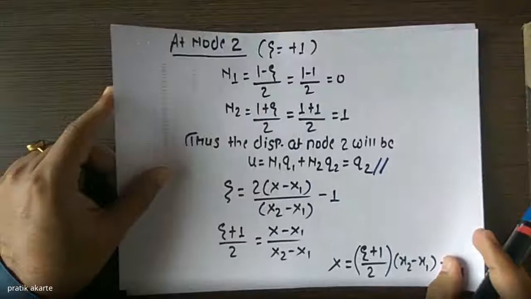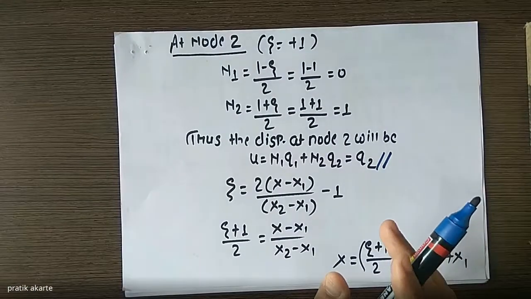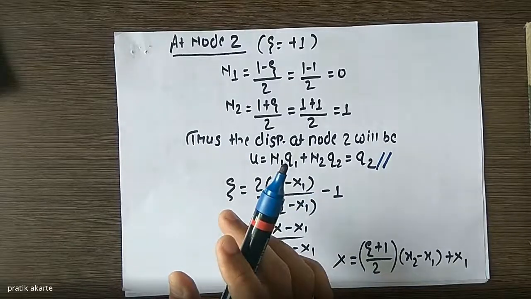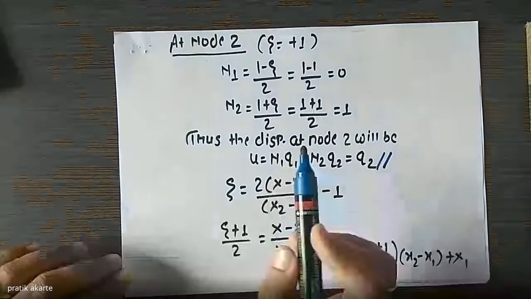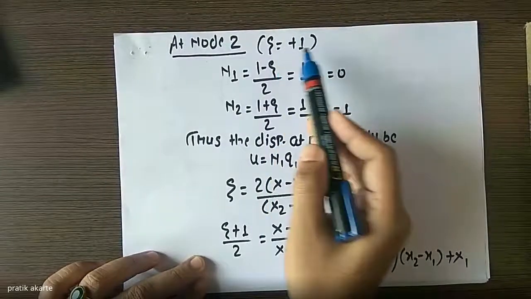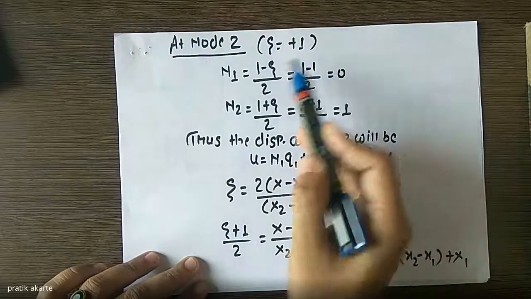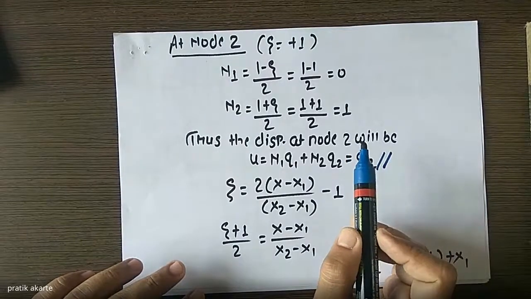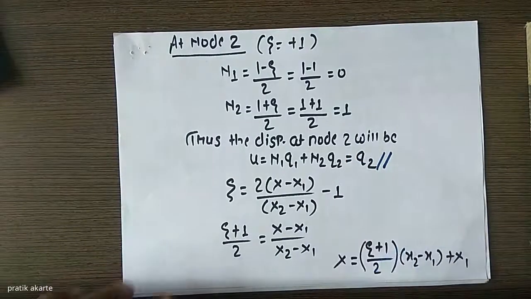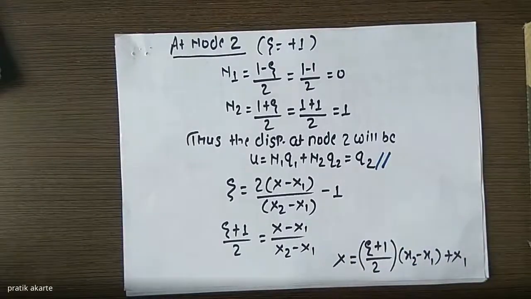So this is again validated. Now this is how we can find out the displacement at node 1 and node 2, and also with respect to the zeta value as we go on changing, we can find out the values of field variables at various points. Now, as per the equation, the displacements of node 1 and 2 are Q1 and Q2, which are our expected results. Now we'll try to establish a relationship between zeta, displacement and your global variables.